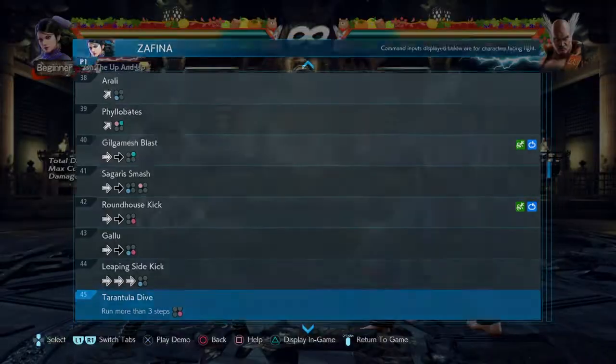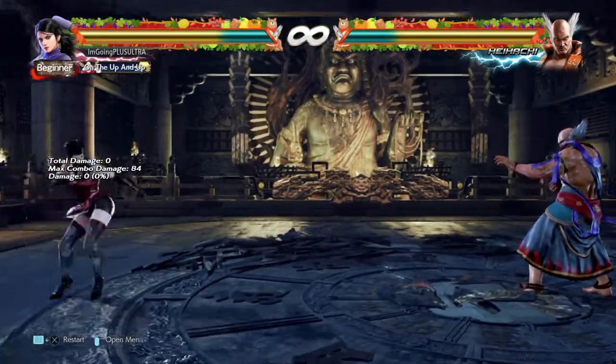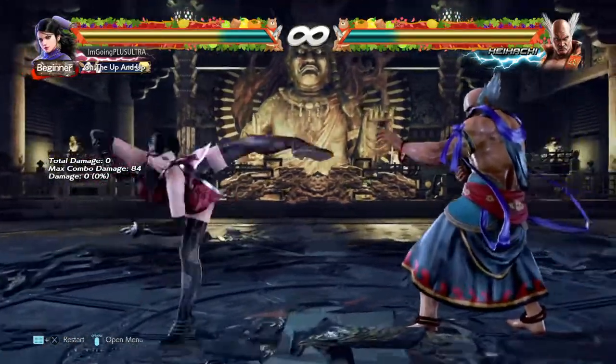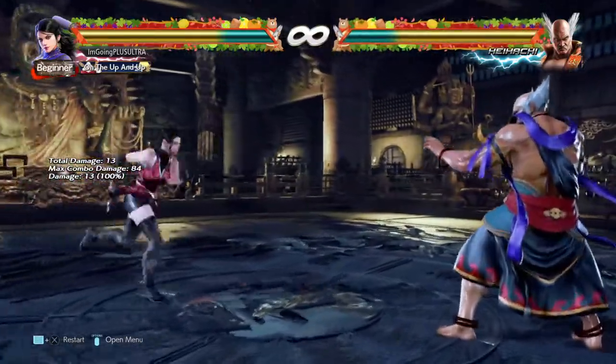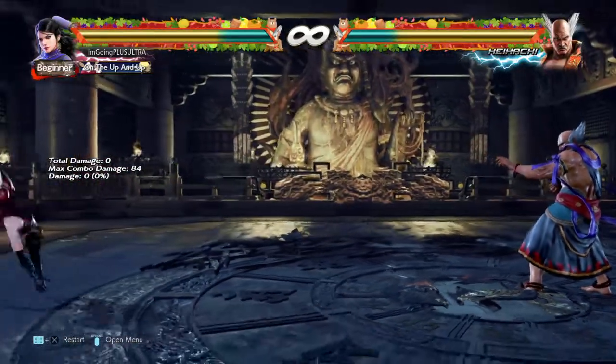Alright, Tarantula Dive. This one I used to abuse back in Tag 2, and I'm going to show you what's good about this move that I learned late. Okay, so you have the Tarantula Dive. You've got to count the steps: 1, 2, 3. I'm not too good at doing this. You have like half screen, I think. There you go. Alright, anyway, when you land a Tarantula Dive...